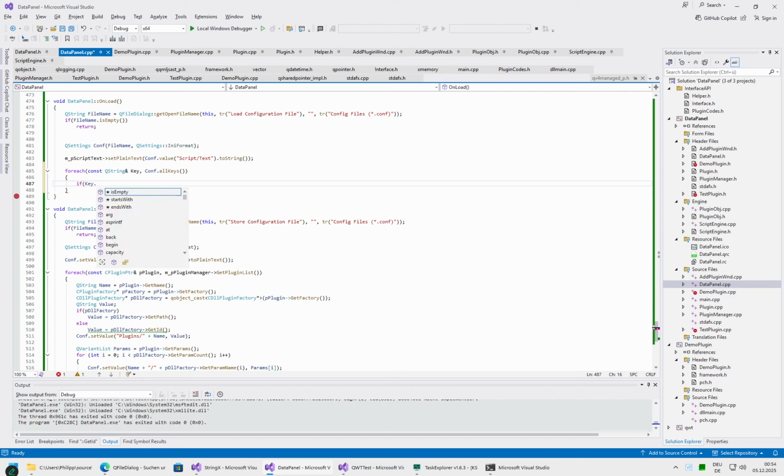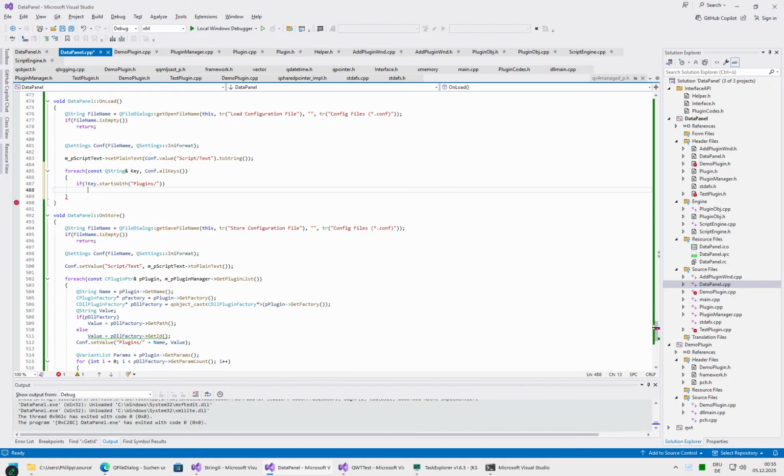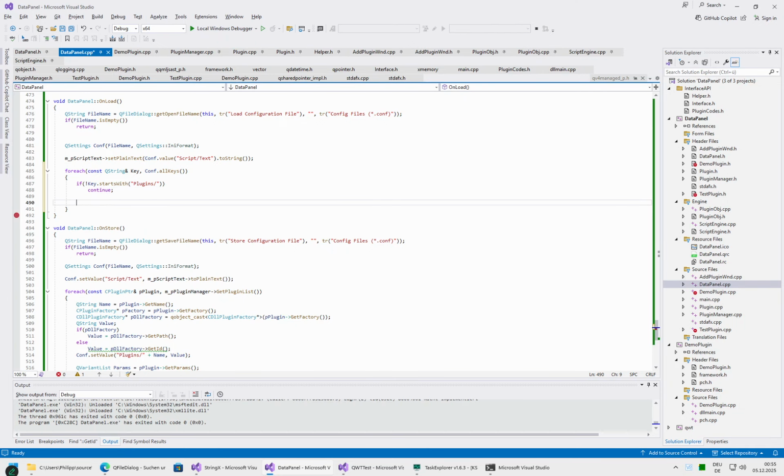If key.begin starts with plugins, or rather if it not starts with plugins, then continue, else string name is equals